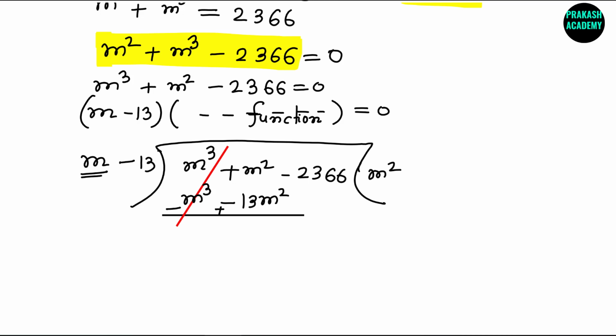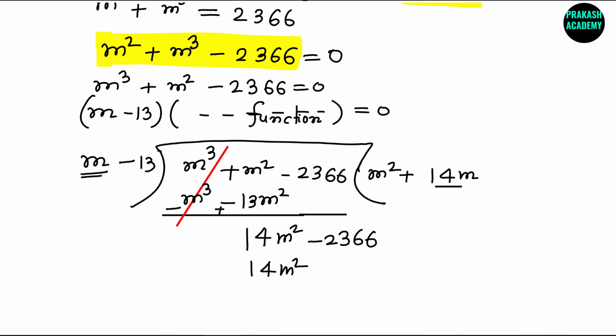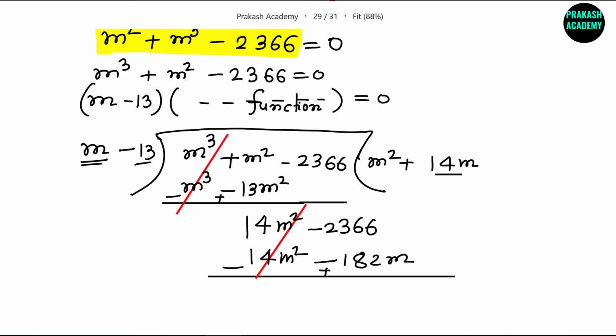So we will have 13 plus 1, 14m square, and then minus 2366. If I take 14m, I will get 14m square, and then 14m multiplied by 13 will be minus 182m. If you subtract this, this cancels out, so we will have 182m